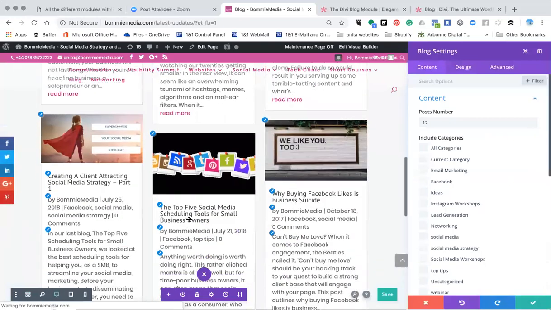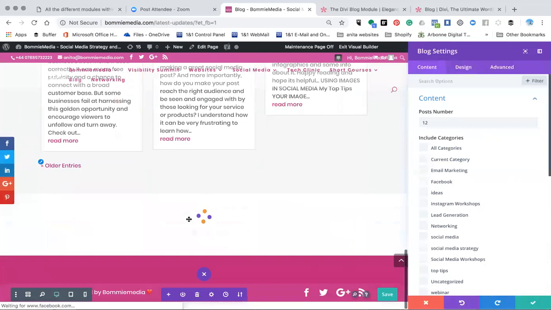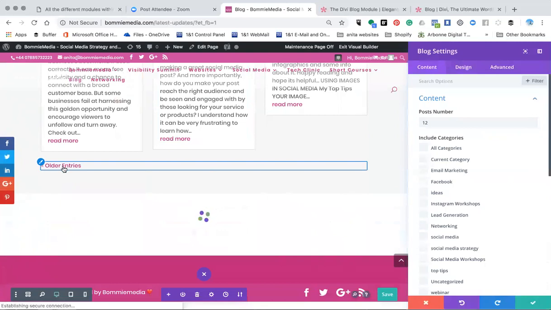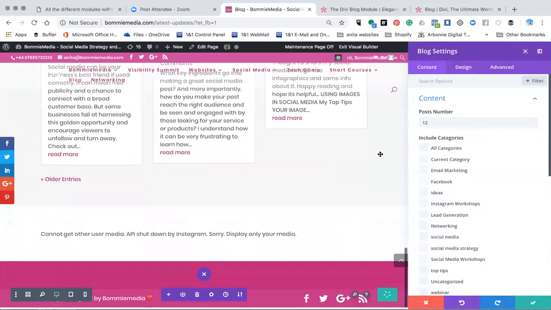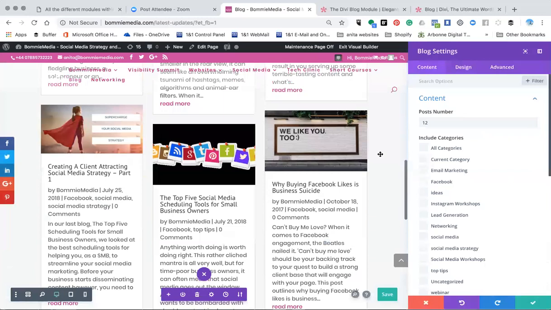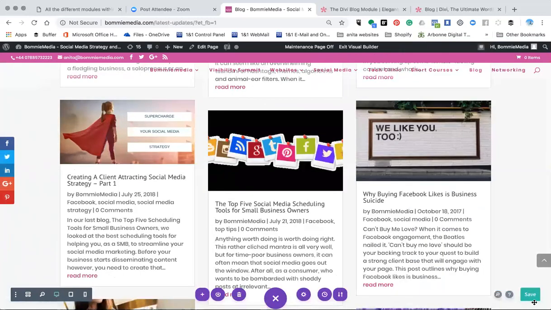that one module holds all of my blogs all the way down, and then you can see the older entries, the blog posts that came before. And then the other side would be, as I add new blogs, you get more pages in the past. So I'm just going to save that and come out and show you